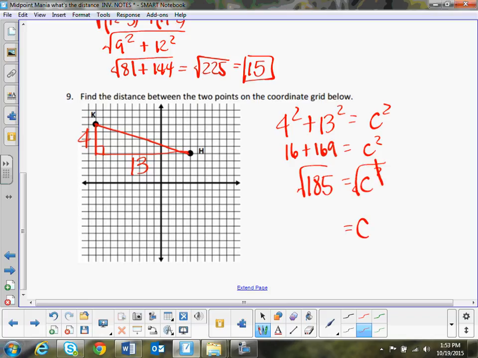So C equals the square root, and that's not a perfect square. I know for a fact. So turn it into a decimal. Somebody out there with a calculator? Round to at least 3 decimal places. Okay, so roughly that's the distance between the